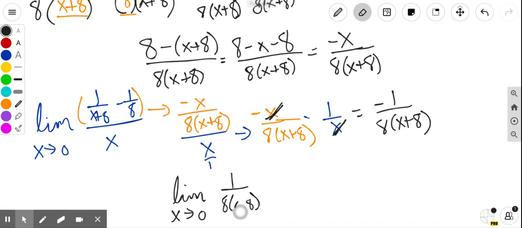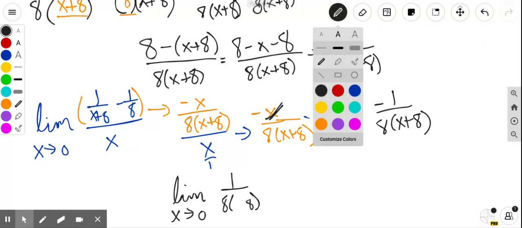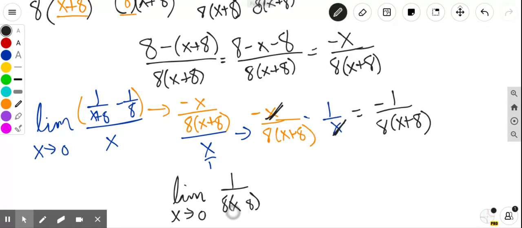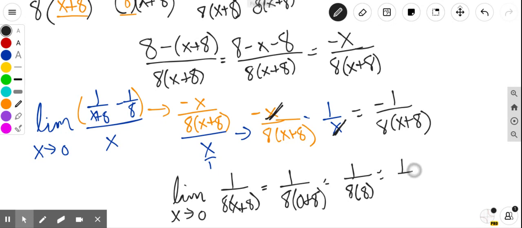So now all you have to do is just try the direct substitution again. x plus 8. So this becomes negative 1 over 8 times 0 plus 8. So it becomes negative 1 over 8 times 8, negative 1 over 64, and that's our final answer right there. Boom. So hopefully this has answered some of your questions and I showed my work sufficiently so you can make